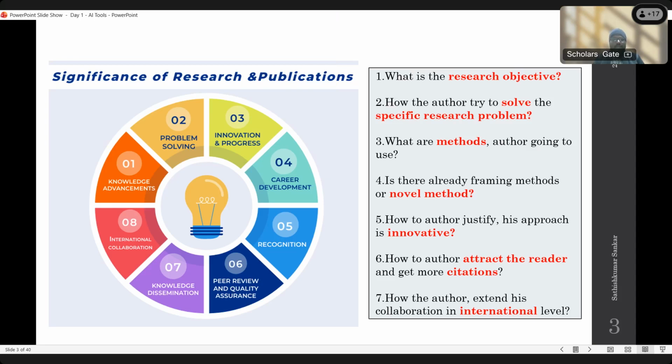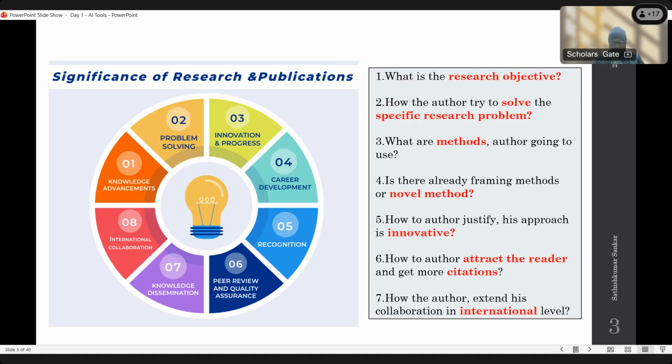And if you collaborate with international researchers, acceptance will also be easier, because we are not native English speakers. Foreign researchers have a different interpretation and way of thinking. So obviously the quality also improves, and you will get a good publication with a high impact factor, and good citations once the article is published. These are all the things we can gain from research and publication.